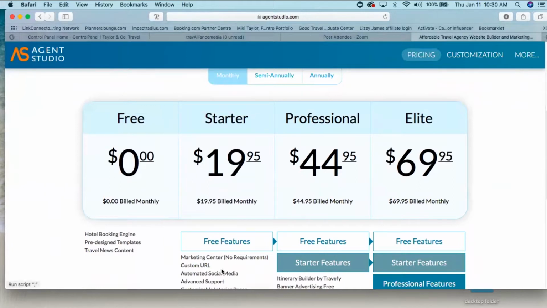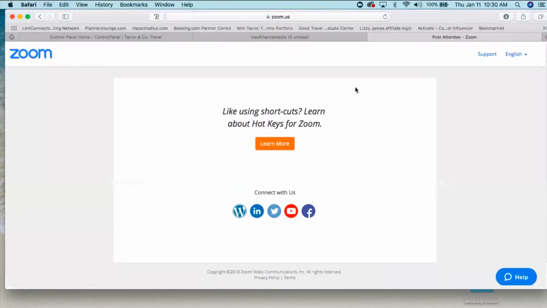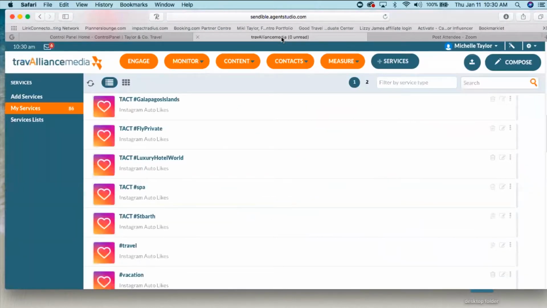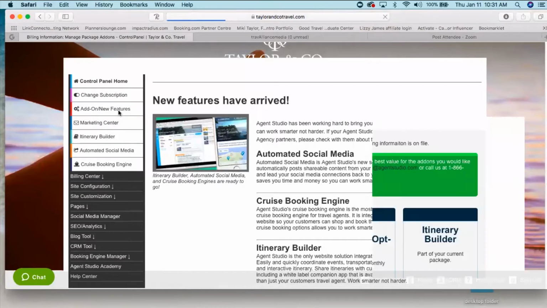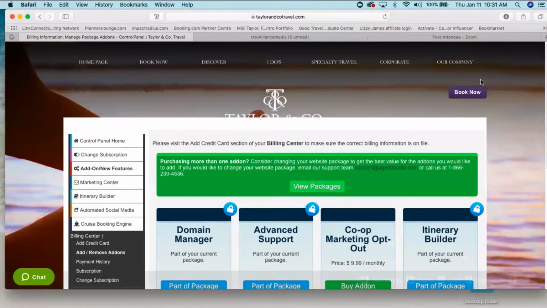Yes, and it's included in starter. So if you're on a free website and you want to add the automated social media, it is $15 a month to add automated social media as an add-on. And you can add that feature in your control panel. When you click on add-on or new feature, you will be brought to this screen.